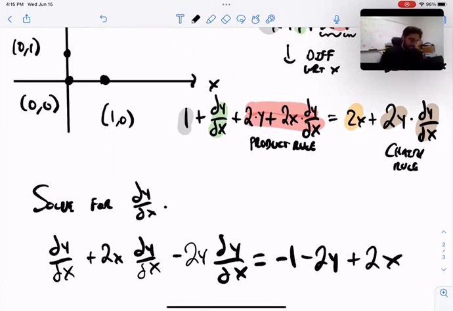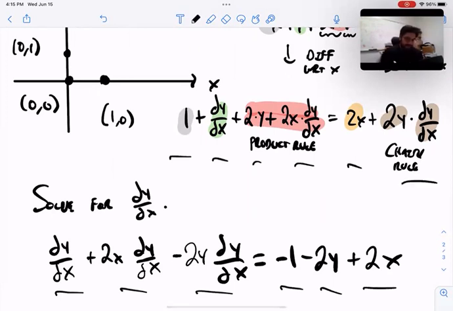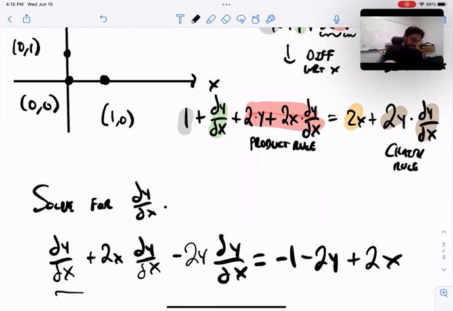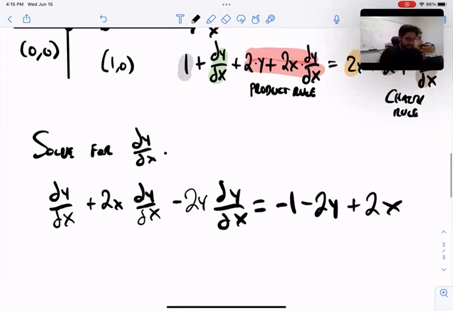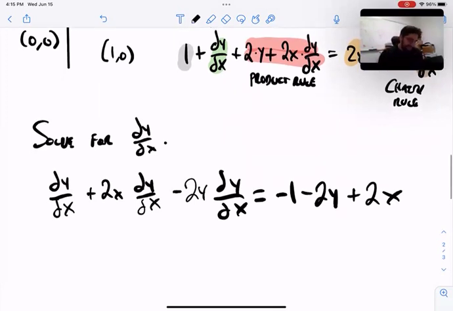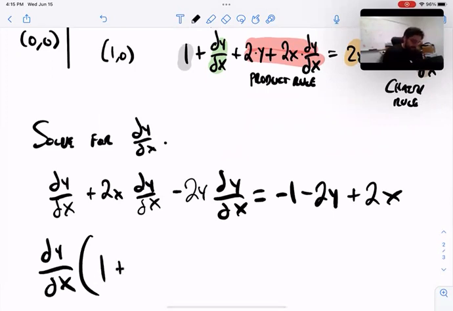So, how many terms do we have? 1, 2, 3, 4, 5, 6. There we go. So we got all of our terms, right? Count the number of terms, make sure you didn't miss one. Or at least you missed one and also duplicated one, but maybe there's a lower probability of that happening than just missing one term. So now that we have this, we could factor out dy dx, and we get